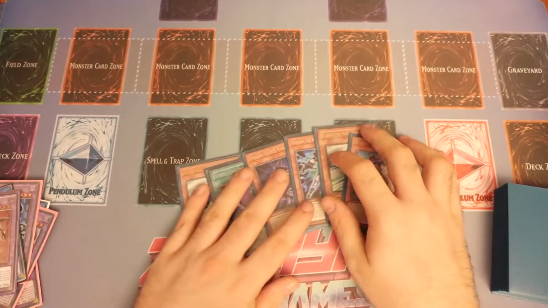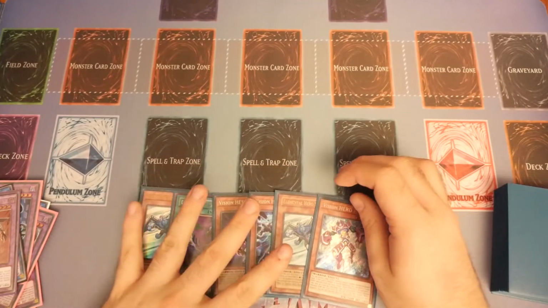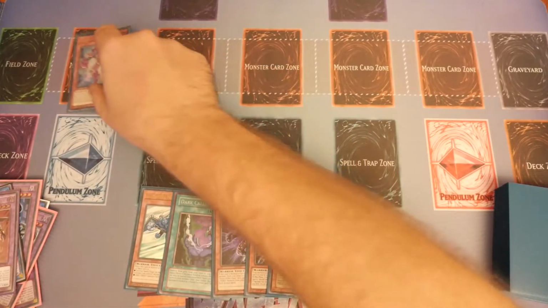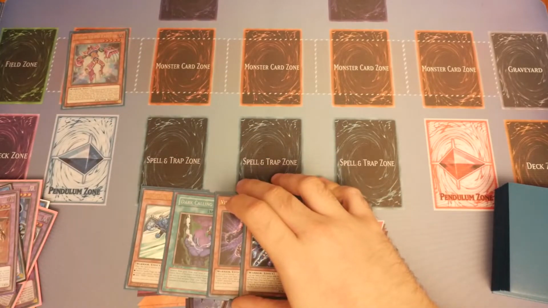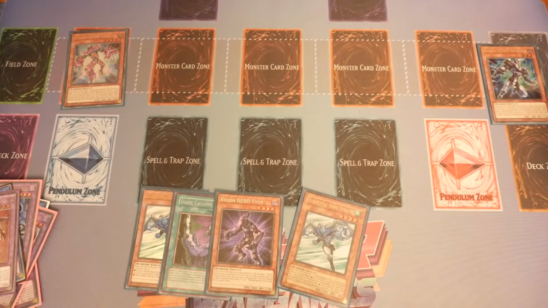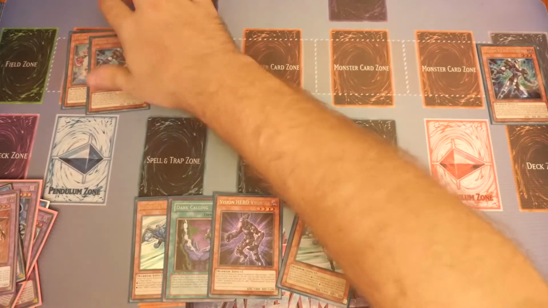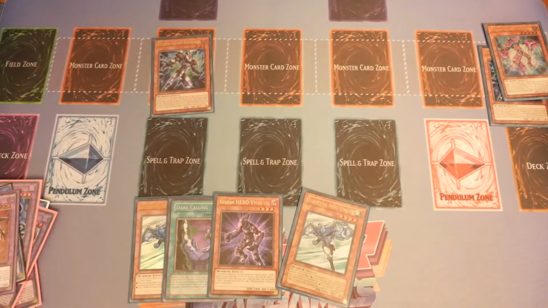Stratus is of course very, very useful, and we have opened up the other parts of the combo anyway. So what we're going to do is the Vision Hero Pharos play. Send in, let's put Increase in the graveyard because we don't need that right now, or play Increase into the spell and trap card zone. There we go. And then we're going to use the Increase effect, send this, summon this, and summon,